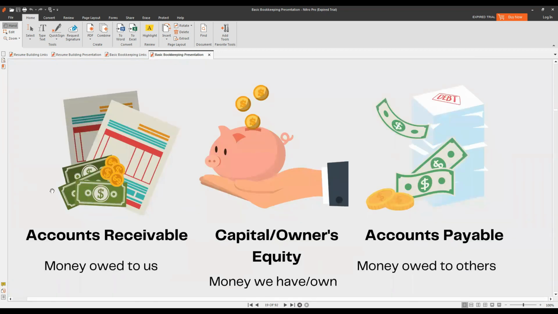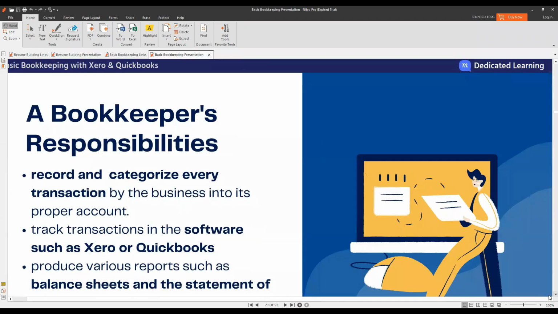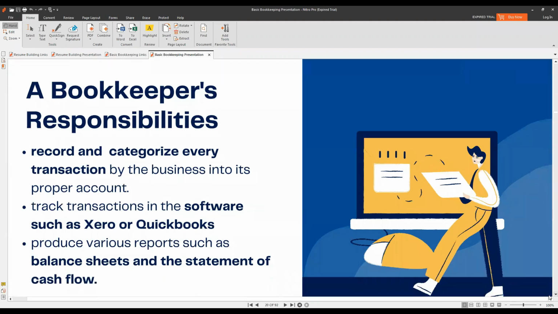So this is accounts receivable, money owed to us, capital, owner's equity, accounts payable. This is a brief summary. I will discuss them later, more thoroughly